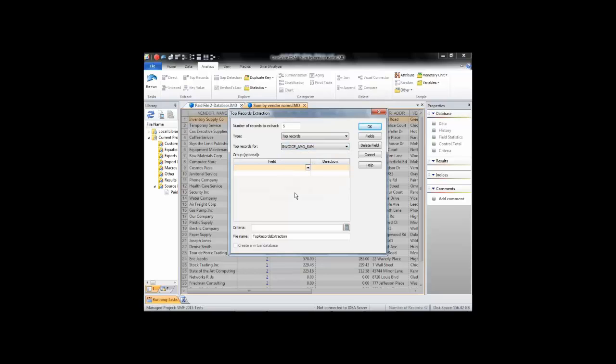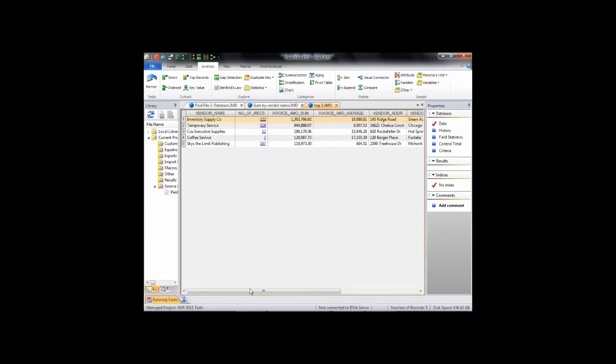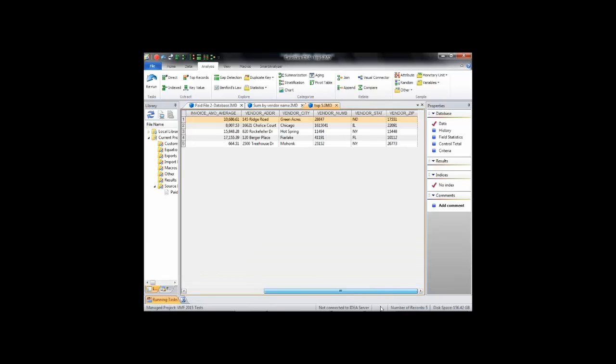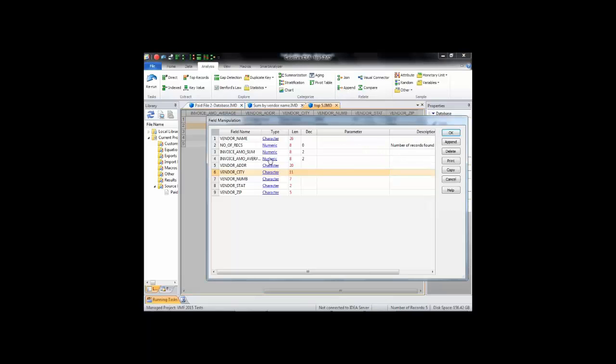sum, and I can give it a different name or just build on the one that's there and hit OK. So there's my 5 vendors right there, and probably we want to know how long we've been doing business with them. So if I wanted to turn this into an electronic work paper real quickly, I would pull